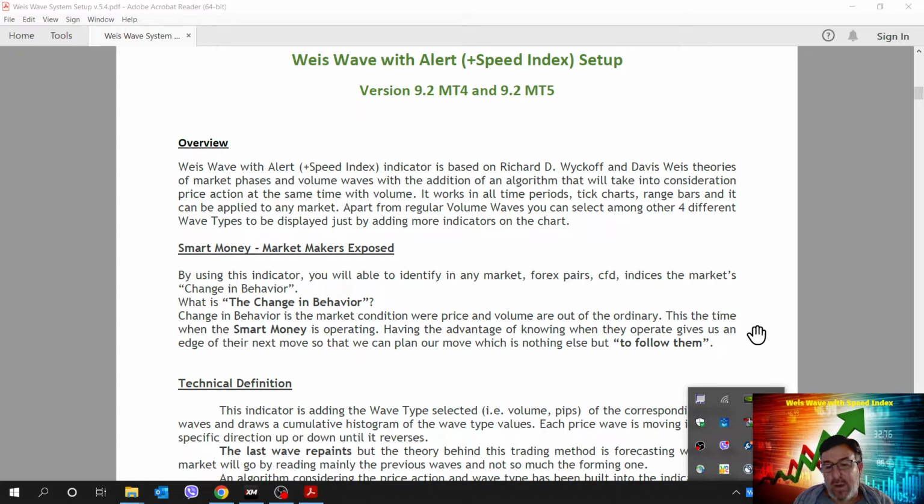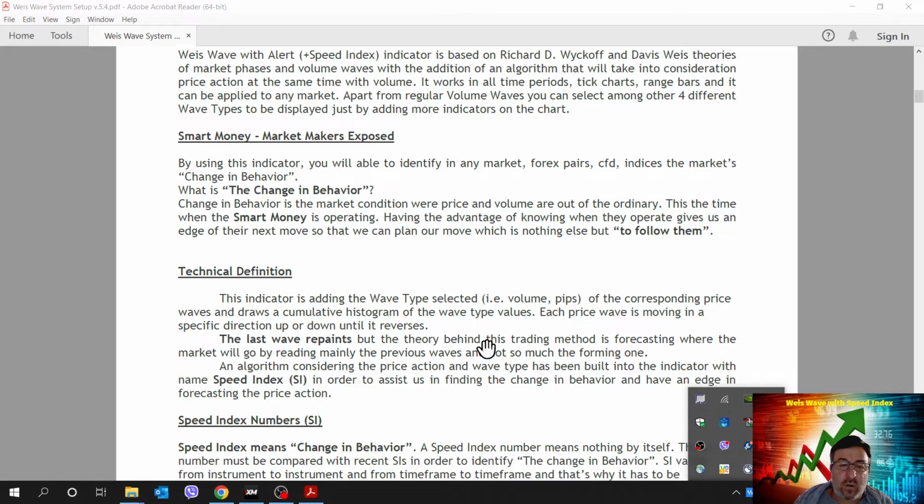So having the advantage of knowing when they operate gives us an edge on their next move. So we can plan our move, which is nothing else but to follow them, because there's no other way you can win. The only way you can win is by following them. So let's go to the technical definition of the indicator.